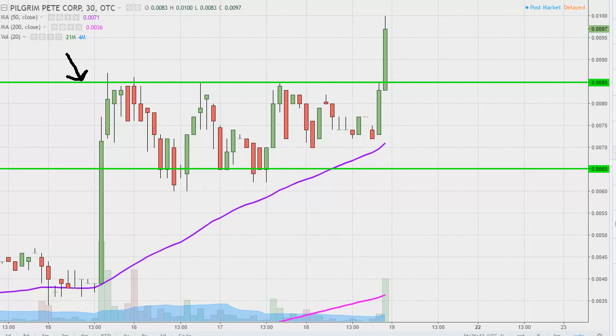So think about 0085. Any sort of closes below it, or worse yet, if the price separates to the downside, what would that be doing to the price at that point in time? That's literally putting the price right back inside of the channel. So am I saying that that means the entire chart's ruined? I'm not saying that. But in regards to this price movement right here, well, this would be a fake breakout,